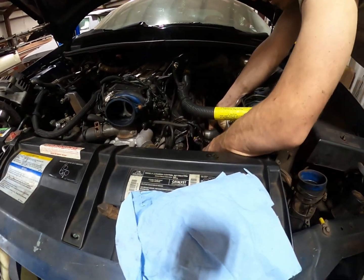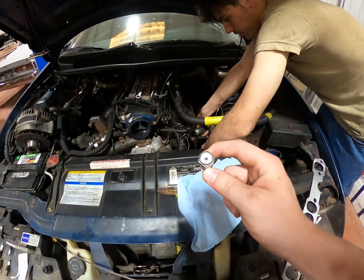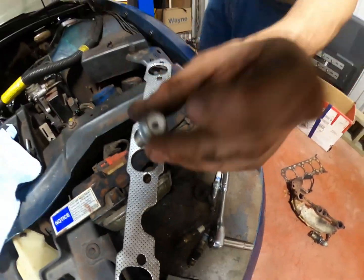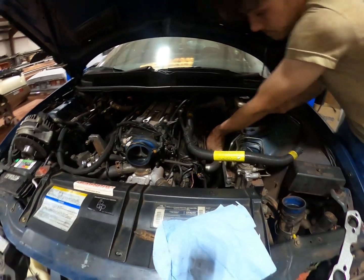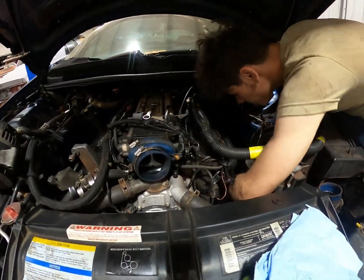Let's tighten this up and just make sure it's gonna... Gotta love that. Brand new. Those are brand new? That was a brand new one. Oh my gosh. That's crazy. That's what happens when you try to pull a header out and the spark plug is still in it. All right, let me put that linkage up, see if it's gonna...